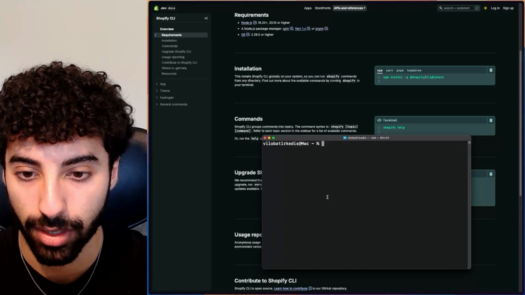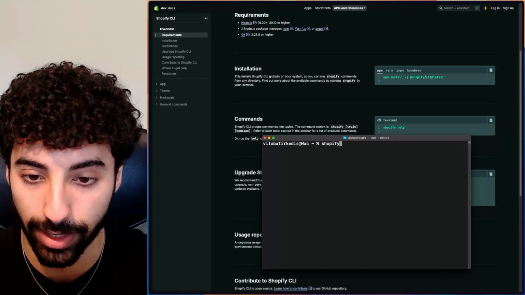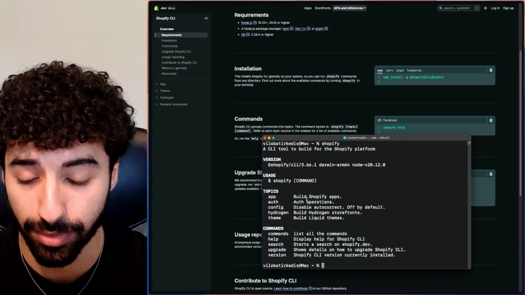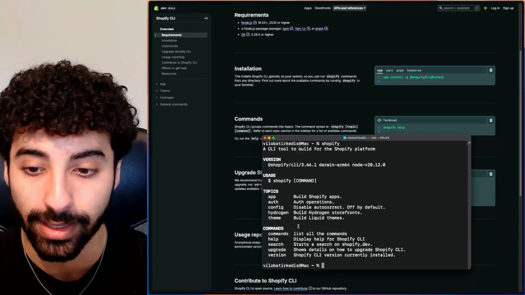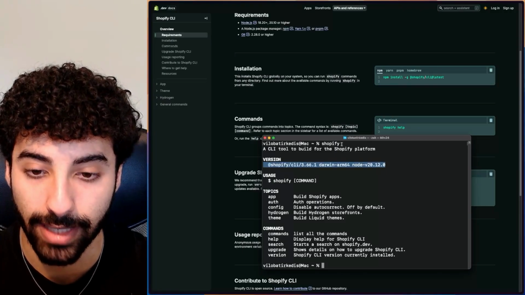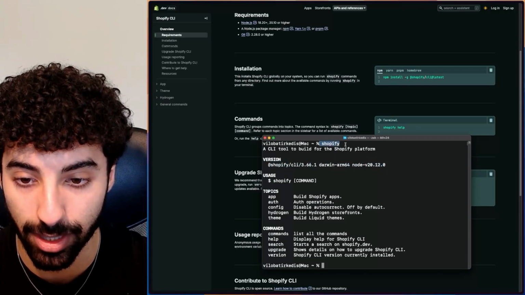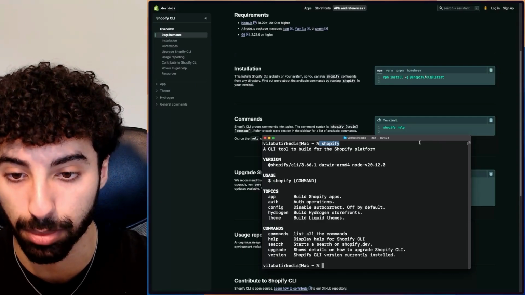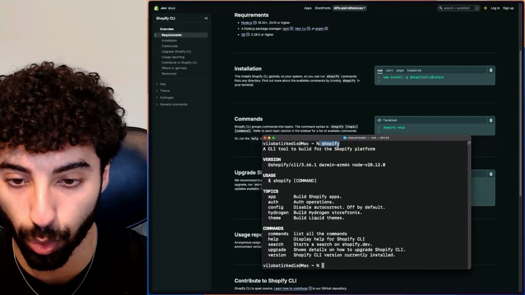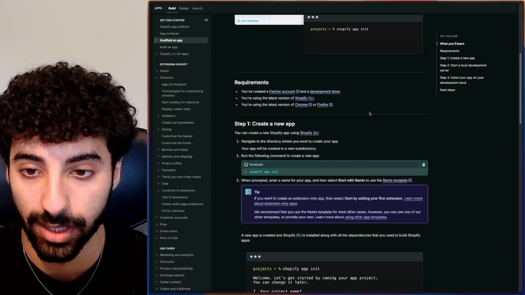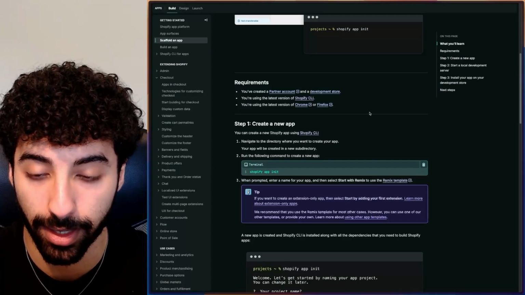Now to verify that you have installed the CLI correctly, you can just write in Shopify and press enter. If it answers you with all of the usages and different topics and commands you can use here, and it also tells you the version, then it's installed correctly. If it tells you that it didn't find any command named Shopify in the terminal, then you've had some problems installing the CLI and you need to repeat the process. Make sure that when you write Shopify in the terminal and click enter, you get this answer. Now that you have the CLI installed, we can actually go through and develop and build